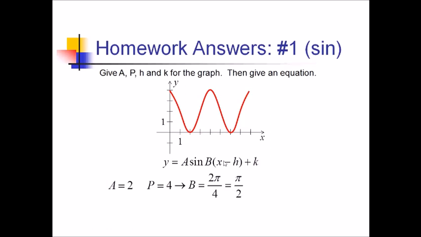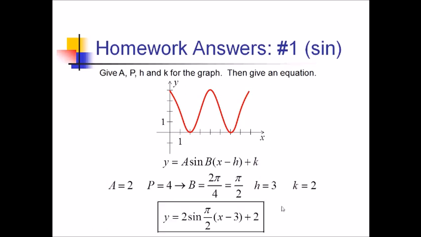For the horizontal shift, if we're looking for sine, well, sine starts at the middle of the wave going up. That's right here. So let's see, that's over 3 for the h value. And then for the k value, that's the midline of the graph. That's the average of the top and the bottom. That's going to be 2. So plugging it all in, we've got 2 sine of pi over 2, parentheses, x minus 3, close parentheses, plus